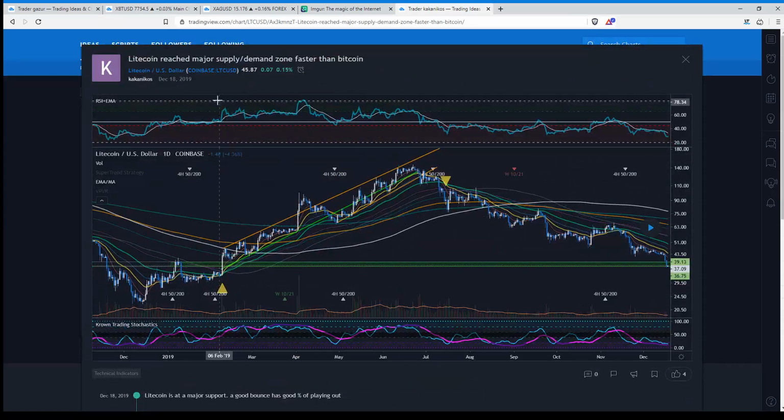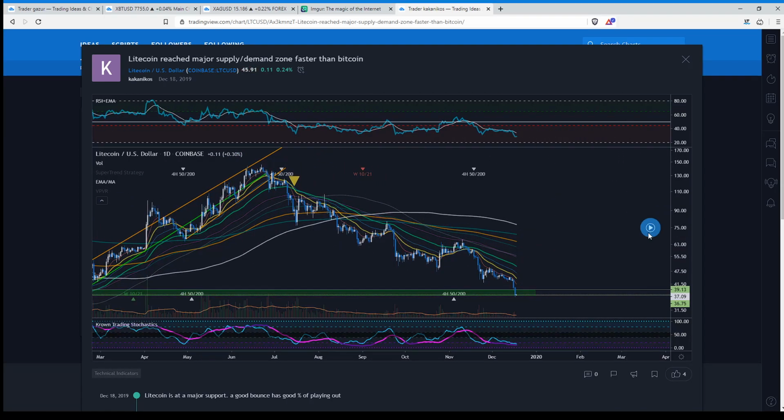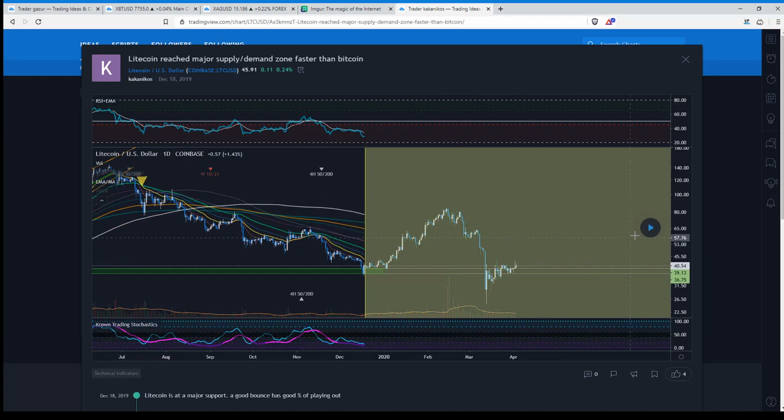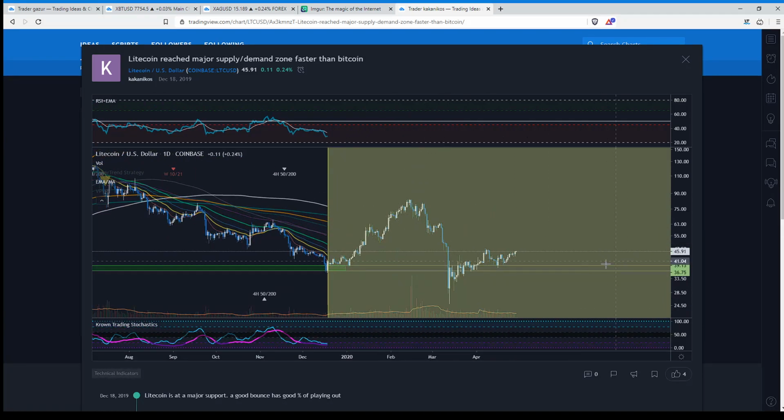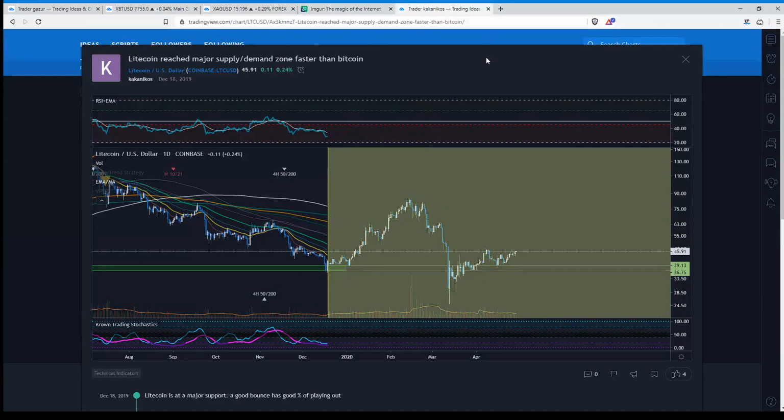Don't remember this one. 18th of December. Oh, okay, I was calling for a pump, and we got it. We got to my target and passed it, double it. I sold my entire position at that target,